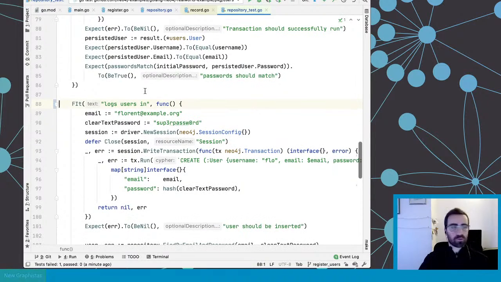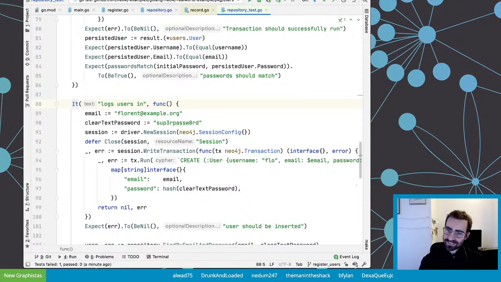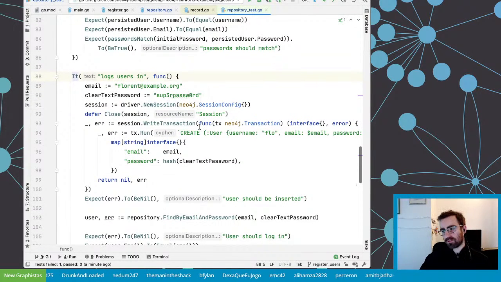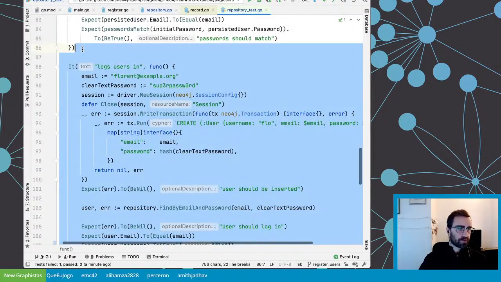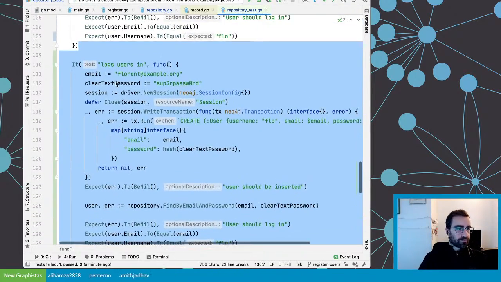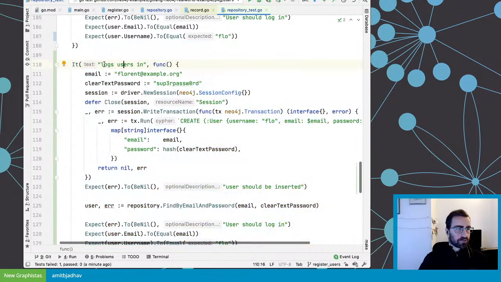Okay, and because we have some more time, I will do the other, not an edge case really, like a nominal use case, which is I log in with a user that does not exist. And in that case, it will be even easier because I don't have to insert anything in the database. The database starts empty, I can log in with anything I want, and it should just fail. And for now, logs, maybe does not log.